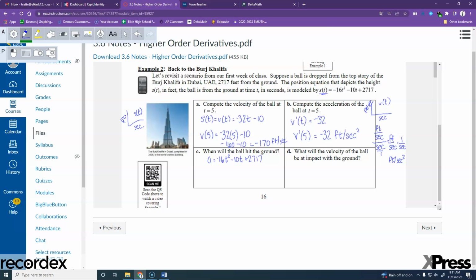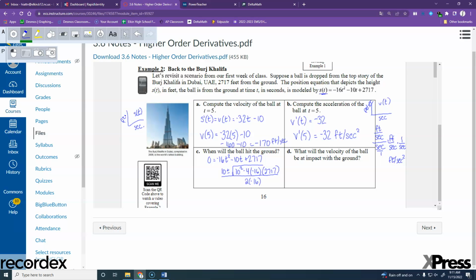And I'm pretty sure that's not going to factor, so you could use the quadratic formula, so it'd be opposite of b plus or minus the square root of b squared minus 4ac, all over 2a,